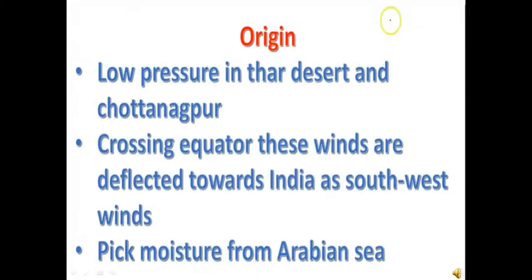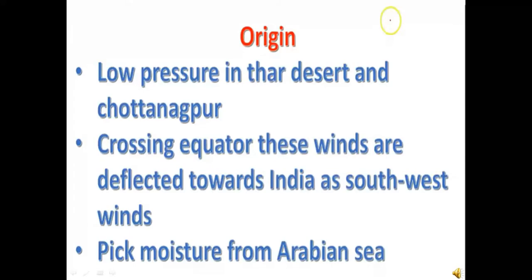So, how do these southwest monsoons originate? During the summer, when low pressure is created on land, there is high pressure around the sea. Therefore, the winds will move from sea to land. Now, as mentioned earlier, upon crossing, these winds are deflected towards India as southwest winds,